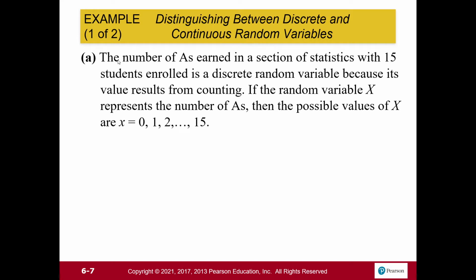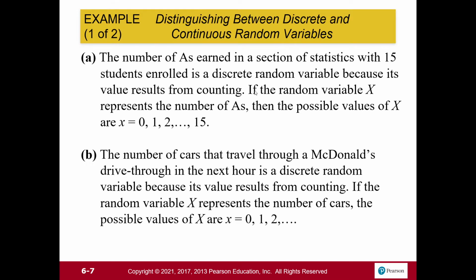So here we have a problem for part A. It says the number of A's earned in a section of statistics with 15 students enrolled is a discrete random variable because its value results from counting. If the random variable X represents the number of A's, then the possible values of X are 0, 1, 2, and so on and so forth, all the way up to 15. The number of cars that travel through a McDonald's drive-thru in the next hour is a discrete random variable because its value results from counting. If the random variable X represents the number of cars, the possible values of X are